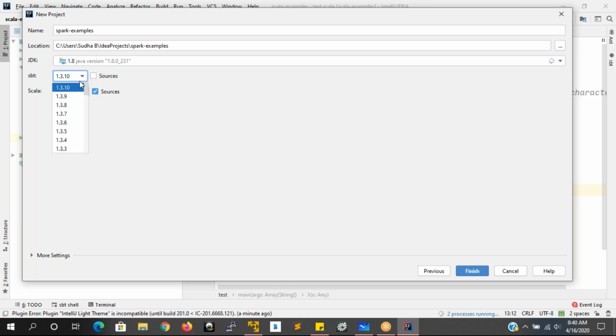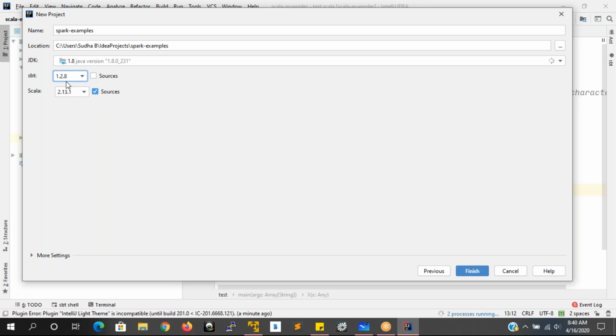And try to always set up this SBT version. I feel 1.2.8, which is the Scala build tool version, is compatible with all kinds of Scala and Spark versions. Some other versions are there, but they may have some bugs which need to be fixed, so why should we worry about that?